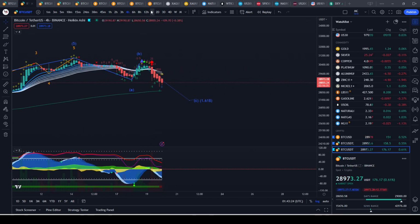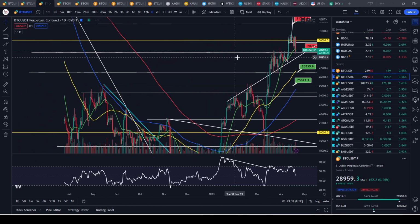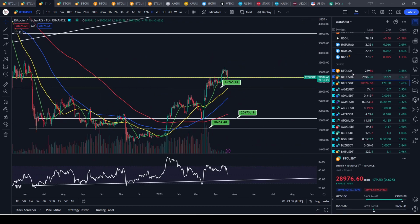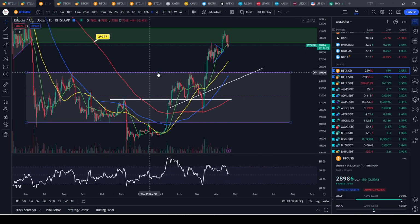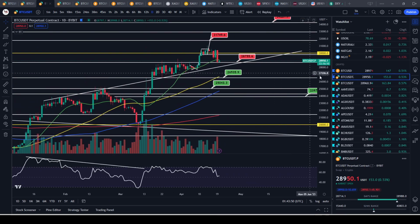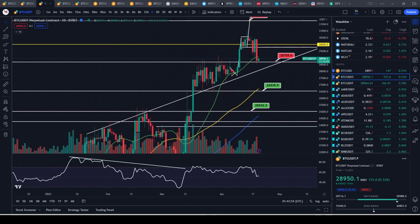Now the bearish case is that you start to break down here and you can't hold this as support, and you start to make your way back down towards 25,000. Again, that's the very, very bearish case at the moment. And we got major support coming in here for Bitcoin. Sorry, let me get on this chart right here. Right here, basically right at 25,200, 25,100. That would be some major, major support. In the short term, right now we are testing 28,600 as support,